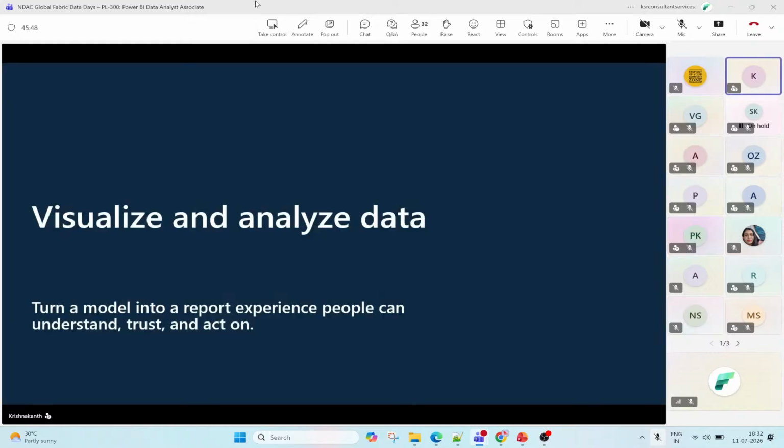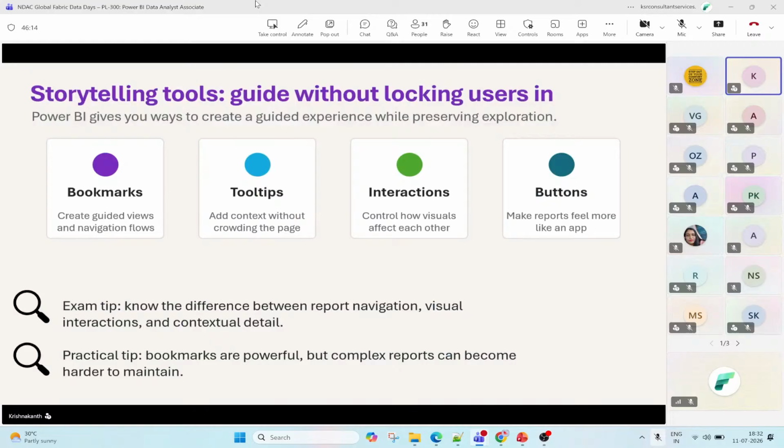So till now we have covered Power Query and the data modeling part. Now we are into the visualization part. You have to always ensure that the data model is configured correctly, because if the data modeling is not configured as expected, you will see ambiguous values in the visuals that we create.